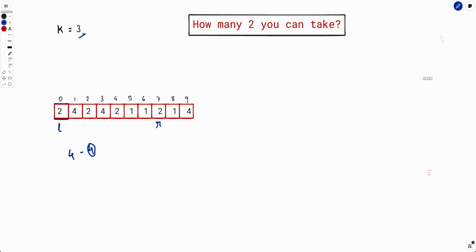Now but k is 3, so you can't delete these 4 elements, so basically your R can't reach here. So in other words, the maximum length of your equal subarray starting at this index would be 3, right? Now this is surely better than what we were doing previously. Previously we were iterating over all the indexes. This is better,